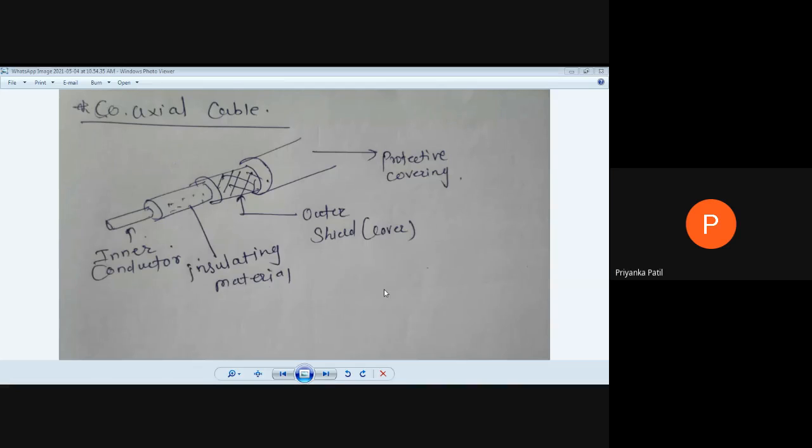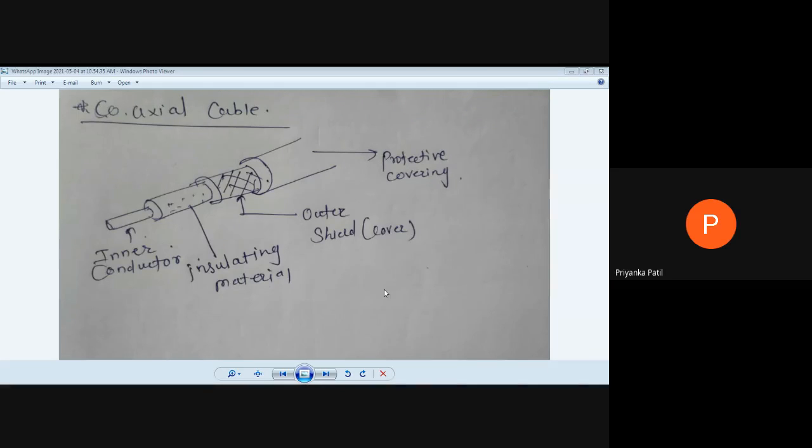A single coaxial cable can carry more than 10,000 voice channels at the same time. Digital transmission using the coaxial cable was developed in 1970.